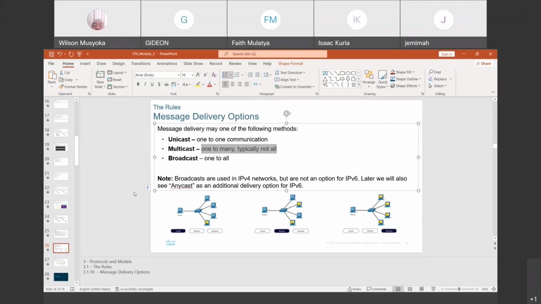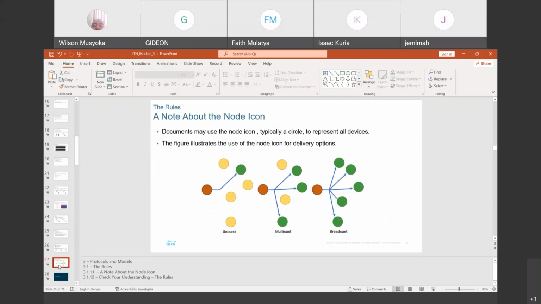And also, that is where we include things like anycast. Instead of broadcast, we have anycast as the option for IP version 6, and we will get there when we come to IP version 4 addressing and IP version 6 addressing. So here we are just showing the different types of connections using these different nodes.